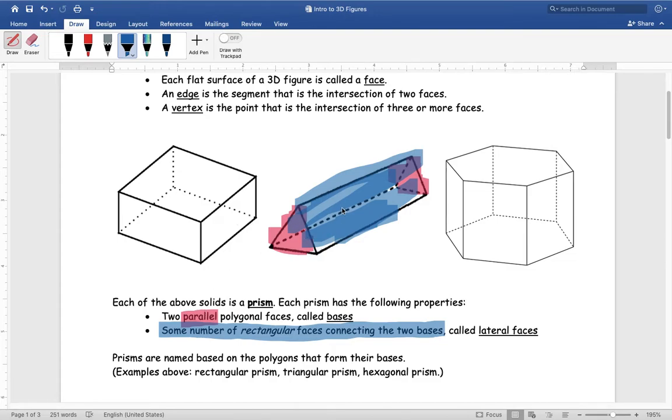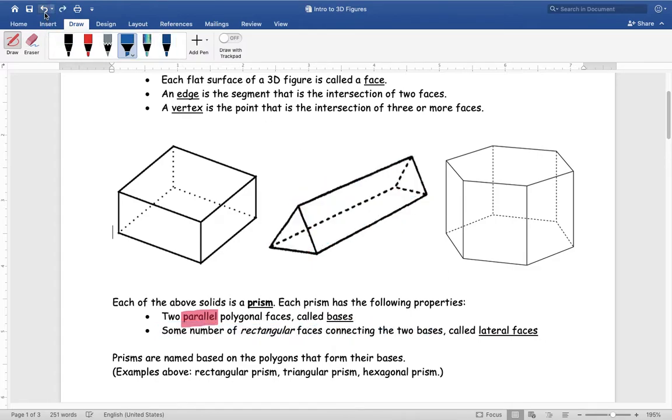So for this shape in the middle, our two bases were the triangles, but each rectangle connects those two triangles together. Again, you guys can see the specific word that I've drawn there or written here. We call these the lateral faces. The lateral faces of a prism are just,